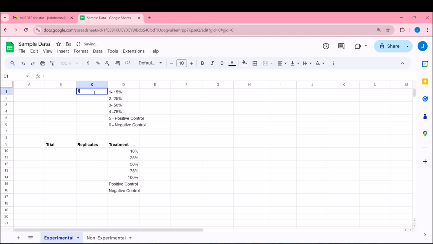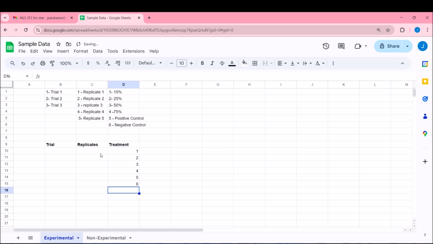And then you also have 1, 2, 3. This is for your replicates: replicate 1, replicate 2, replicate 3. You have 1 for trial 1, 2 for trial 2, and 3 for trial 3. And this is 4, 5, 6.